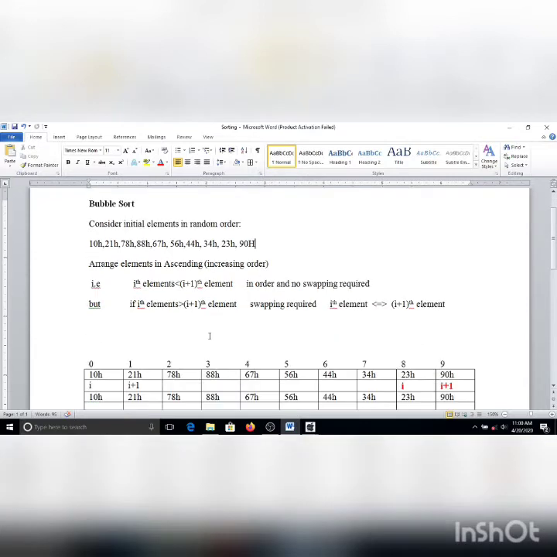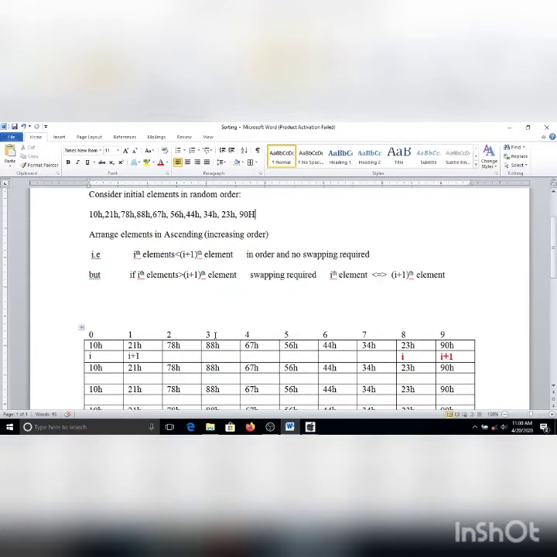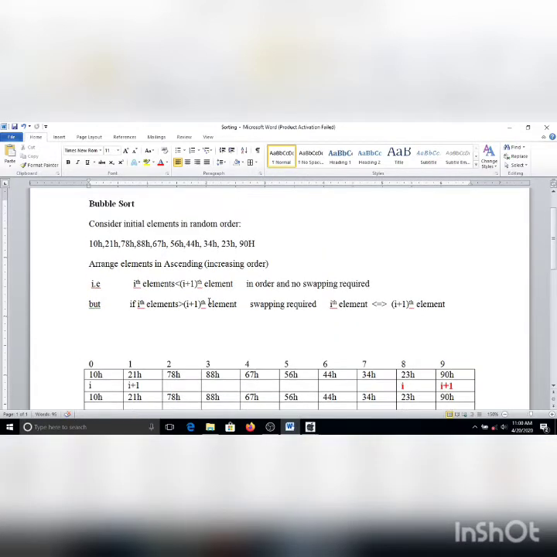Let us see the explanation regarding this. In higher level programming languages there are multiple ways of storing elements. For example, we store these elements in an array. Then, in order to compare, we use an index variable i pointing to the first element, and the second element is accessed by using the i plus 1 index.